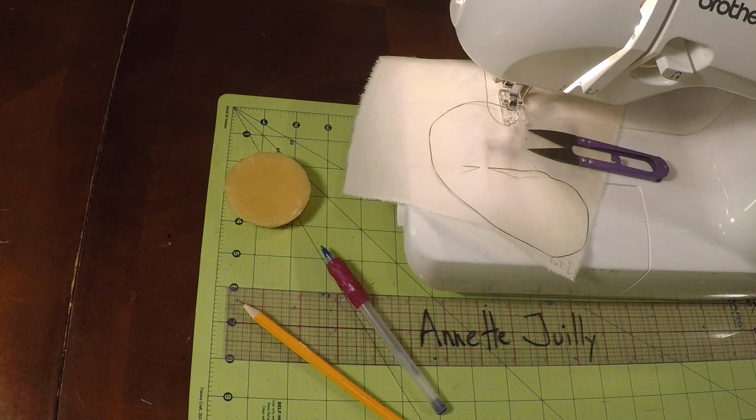Welcome to sewing class. This is Annette Jolie, and today we're going to be working on making a hand-rolled blind hem sample. So here you see some of the things you're going to need,